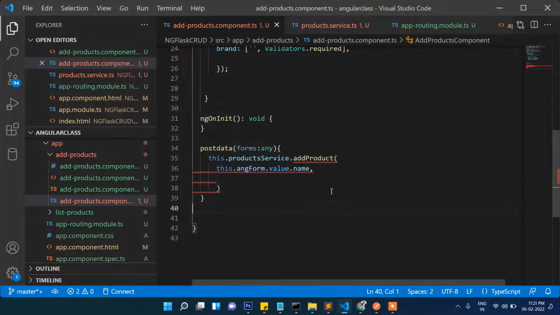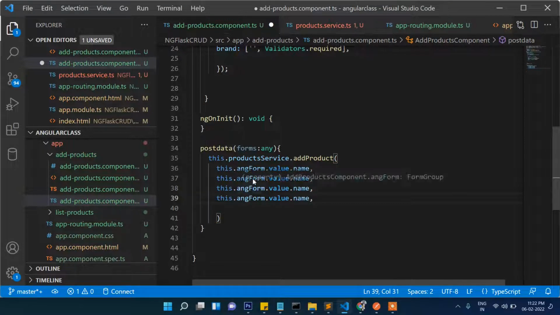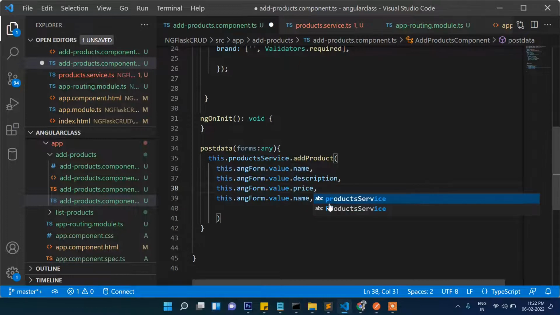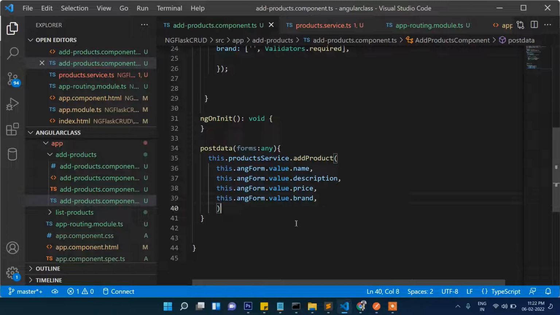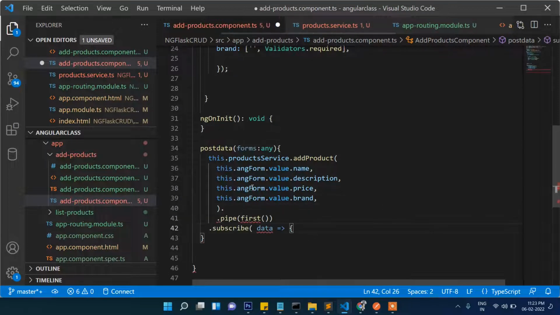So similarly we will copy all these values 2, 3, 4. So its name is description, description, then here price, and here brand. Okay, and then here dot pipe dot first subscribe, and then here